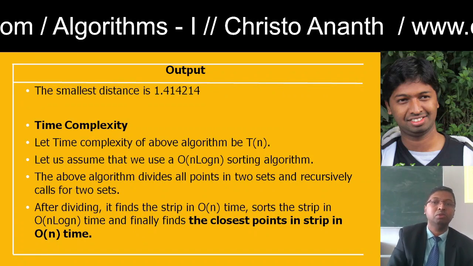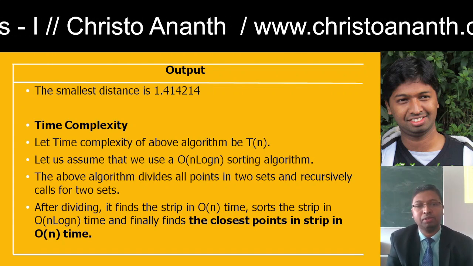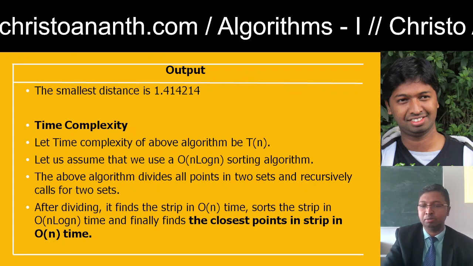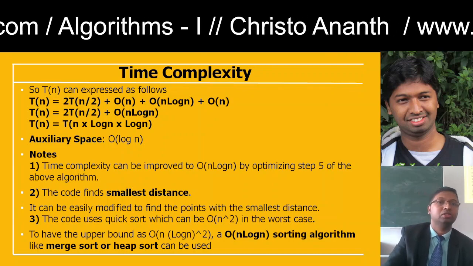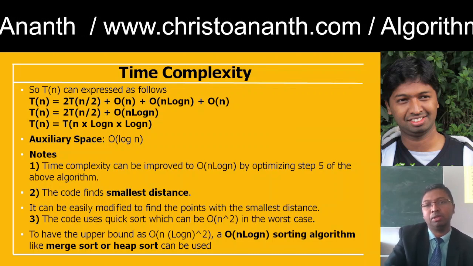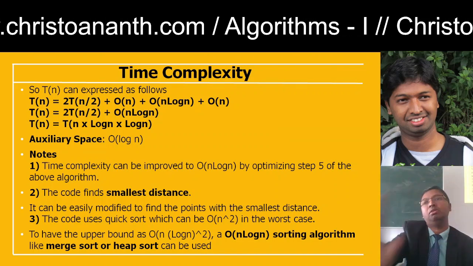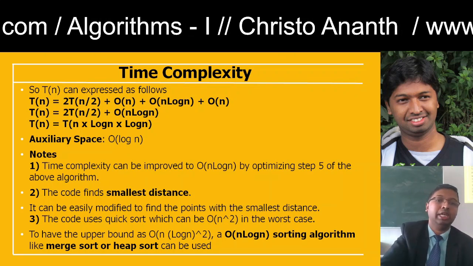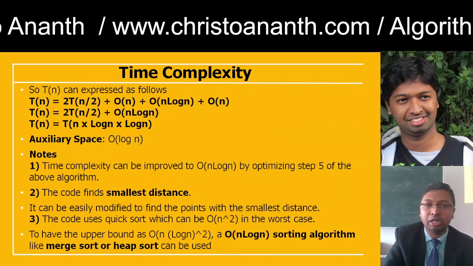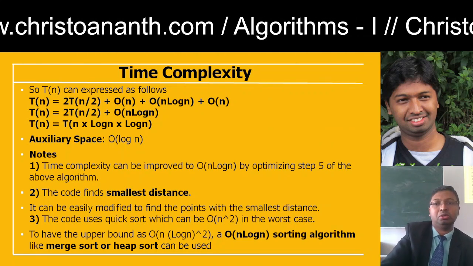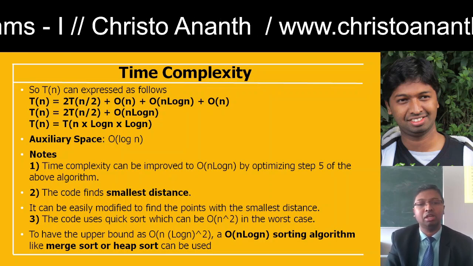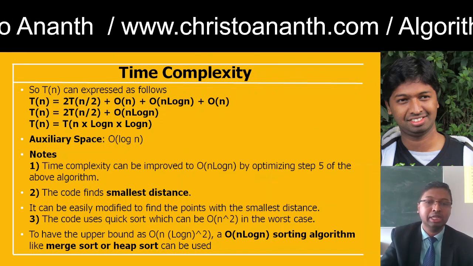So the time complexity would be T of n, and you are going to assume order of n log n. So here it is going to sort the strip and it is going to find the closest point in the strip in the order of n time. So the time complexity you are going to compute 2 T of n by 2 plus order of n plus order of n log n plus order of n. So this you can go with the computation of n and then log n the whole square, okay, or maybe order of n square, or maybe order of n multiplied by log n square, okay. So you can improvise the step, you can actually compute the smallest distance even, and also you can modify this algorithm with the case of merge sort or maybe heap sort also,